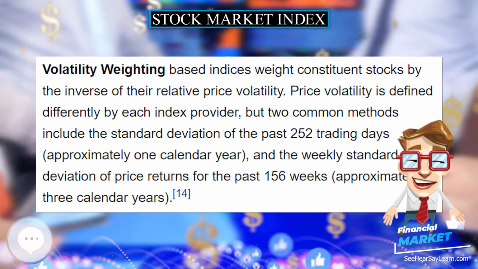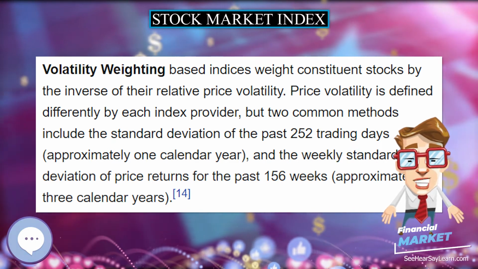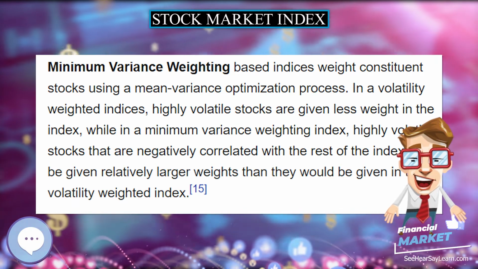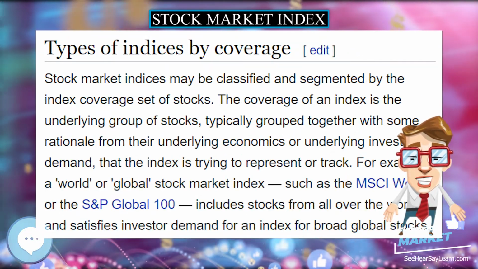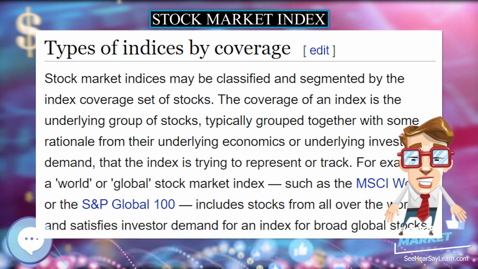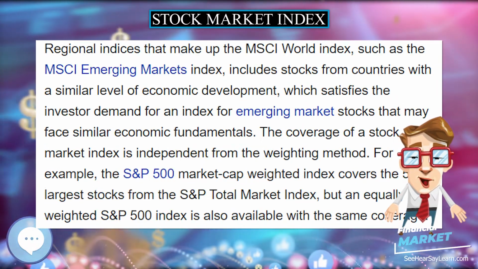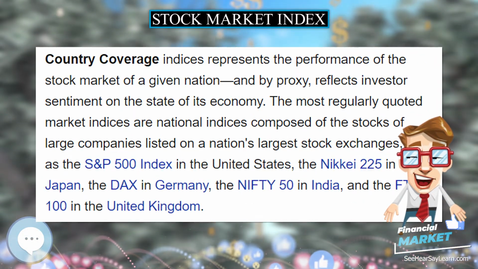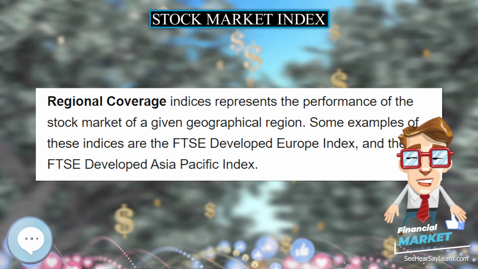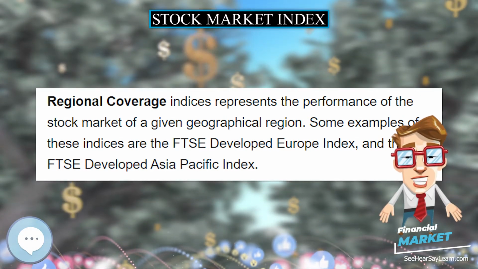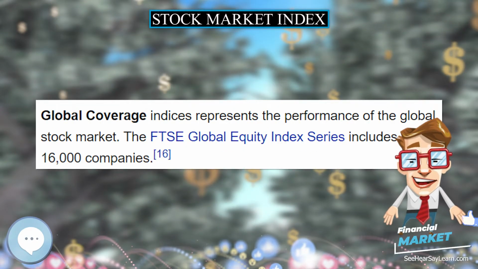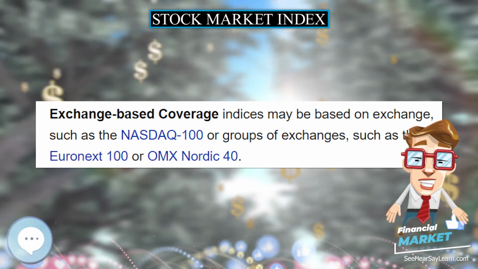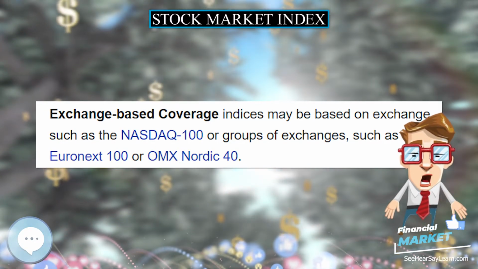Types of indices by weighting method. Stock market indices could be segmented by their index weight methodology, or the rules on how stocks are allocated in the index, independent of its stock coverage. For example, the S&P 500 and the S&P 500 equal weight both cover the same group of stocks, but S&P 500 is weighted by market capitalization and S&P 500 equal weight is an equal weight index. Below is a sample of common index weighting methods. In practice, many indices will impose constraints, such as concentration limits, on these rules.